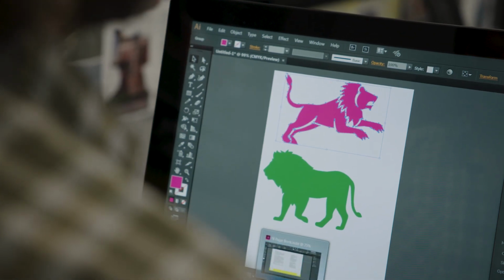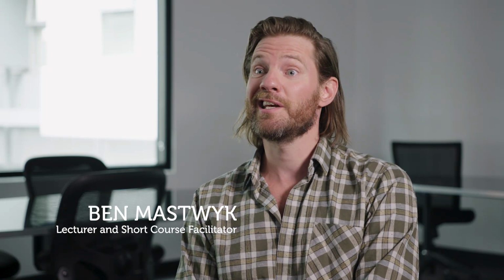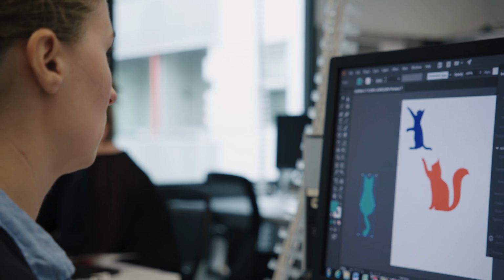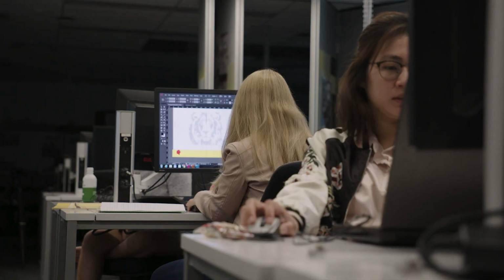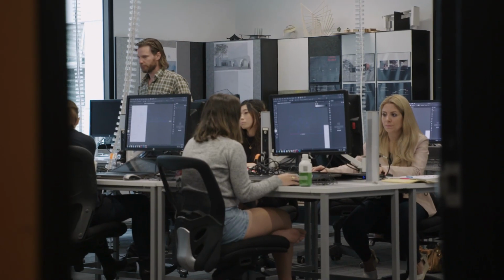I'm Ben Mastwyk. I'm a lecturer at RMIT. I've been teaching short courses for probably the last 10 years now. The course is Adobe Suite for Design and Presentation. We run through the 3 key design programs, Adobe Illustrator, InDesign and Photoshop. I keep it very, very practical, very hands-on, the fundamentals that you need to do real things in the real